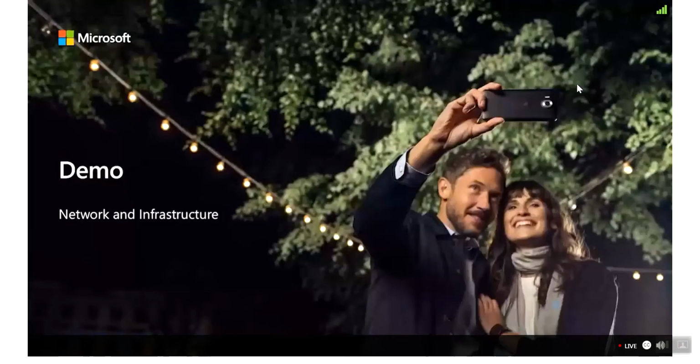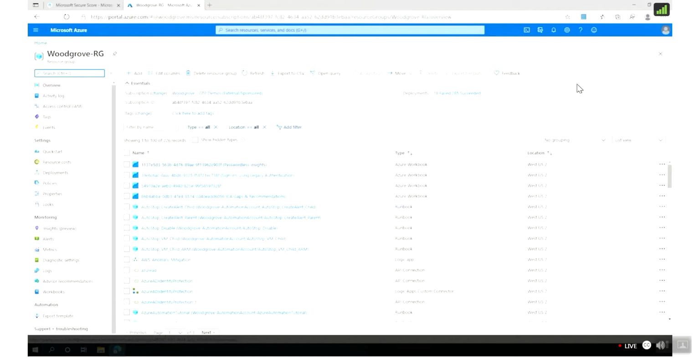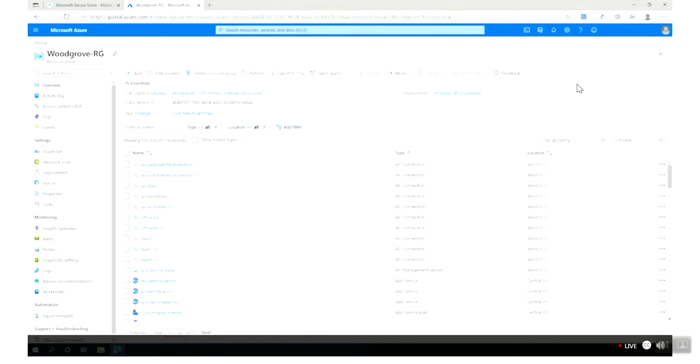So let me show you this in action. Let's start with a demo for the network and infrastructure piece. Let's go to the Azure portal. On the Azure portal, let's explore one of those resource groups. This will depend on how you organize your resources. You can have one or multiple resource groups, depending on your management model, so you may have multiple teams, or a single team that needs to manage or interact with different types of resources. In this case, for simplicity, I have multiple types of resources under the same resource group, organized by type. You see on the top I have API connections, I have a web app, organized by type of